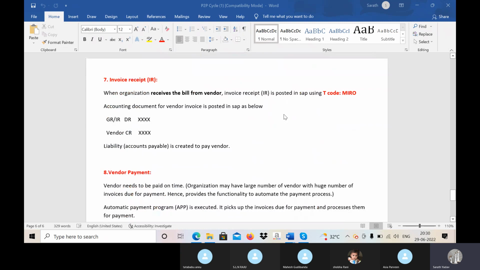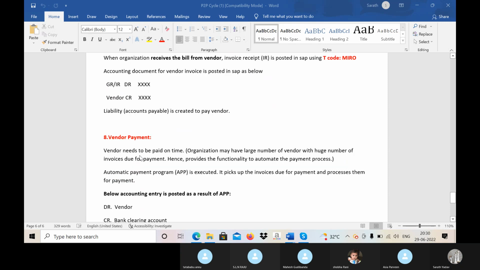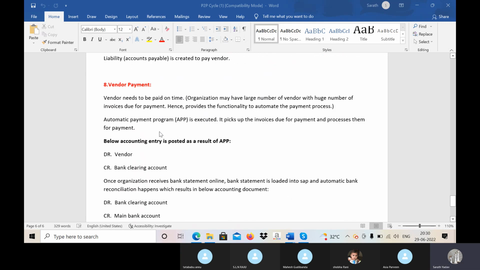And invoice receipt. When the organization receives the bill from the vendor, the invoice receipt is posted into SAP using the T code MIRO. The accounting document for the vendor invoice is posted in SAP as below. GRIR clearing account debit to vendor account. Here the liability accounts payable is credited, to pay the vendor. Vendor payment. At the time of vendor payment,